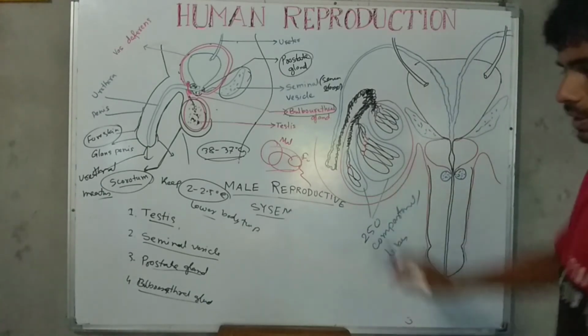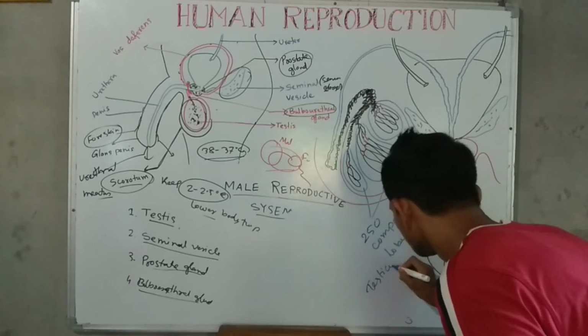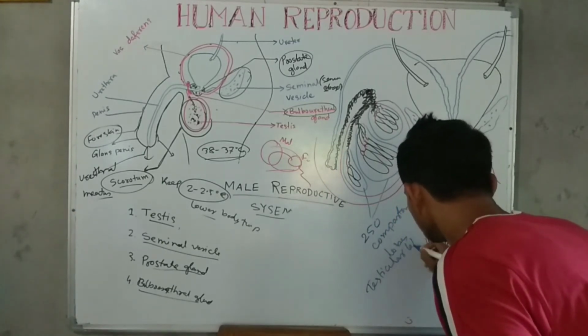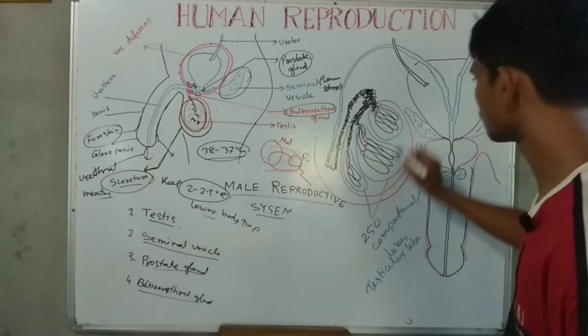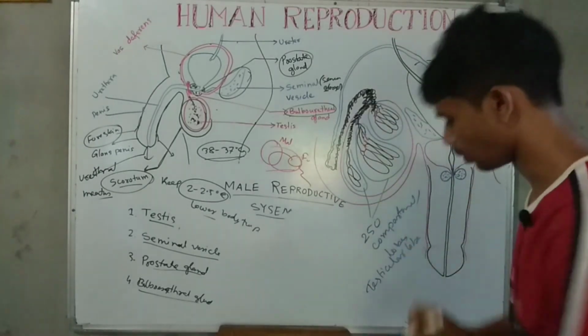These are called testicular lobes. So there are about 250 testicular lobes, and each lobe, here this is one lobe,